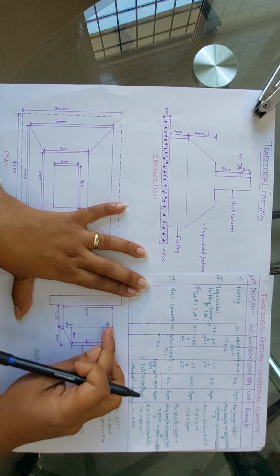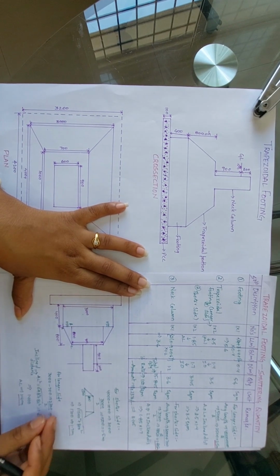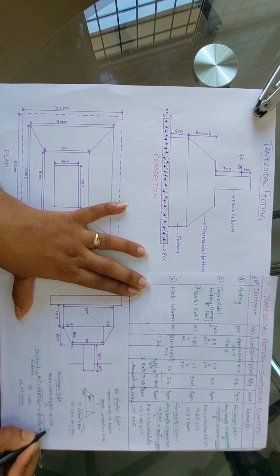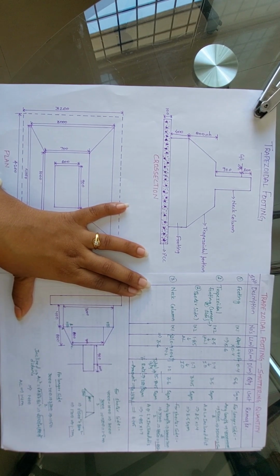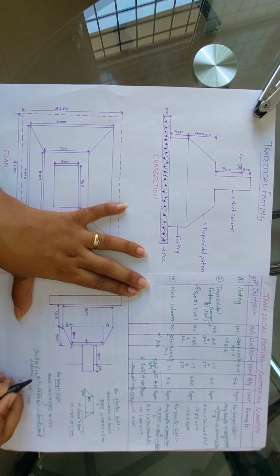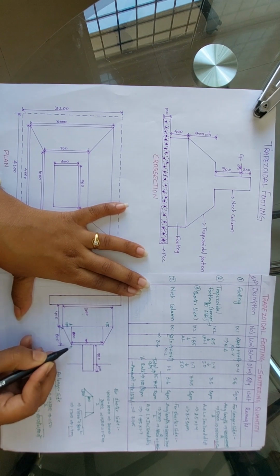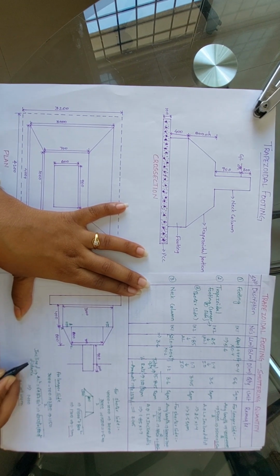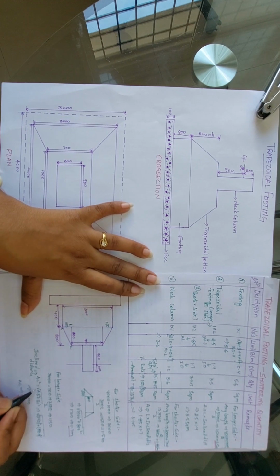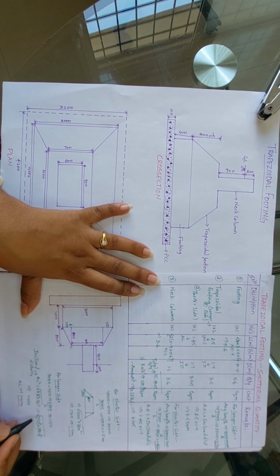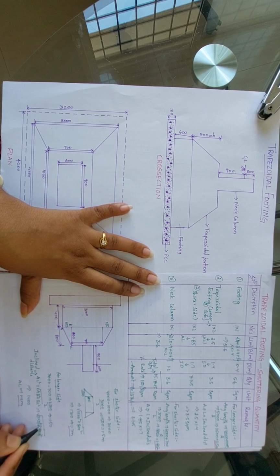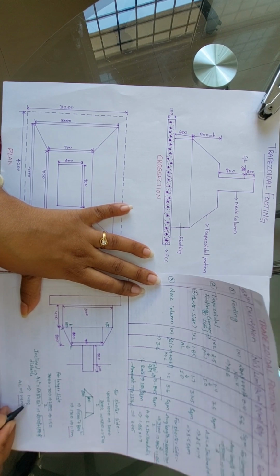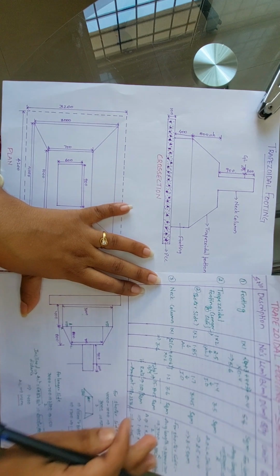These two portions, this area is equally divided. So divided by 2, 1150. This is 1150 and this is 1150. Okay, so this is a right angled triangle. So we will find the inclined distance as AC square equals AP square plus BC square. So to find AC, we will take the square root of 1150 whole square plus 800 whole square. We will get 1400 mm, which is 1.4 meter.